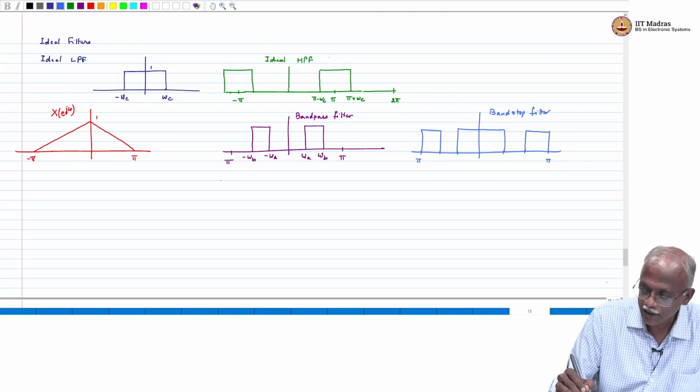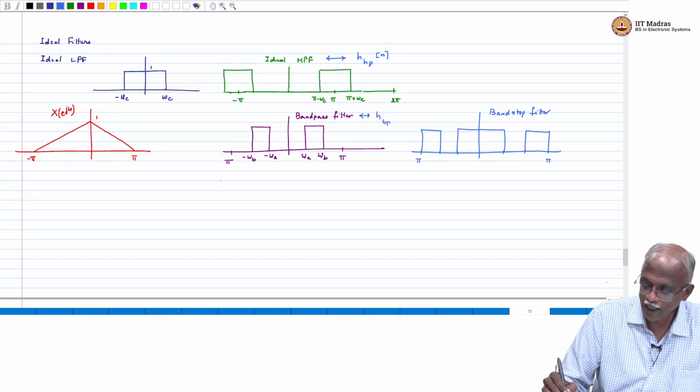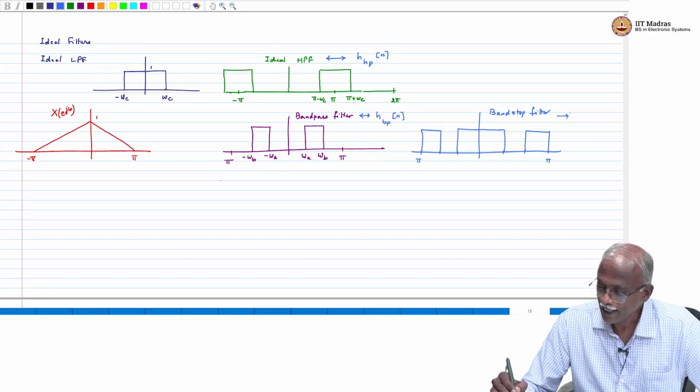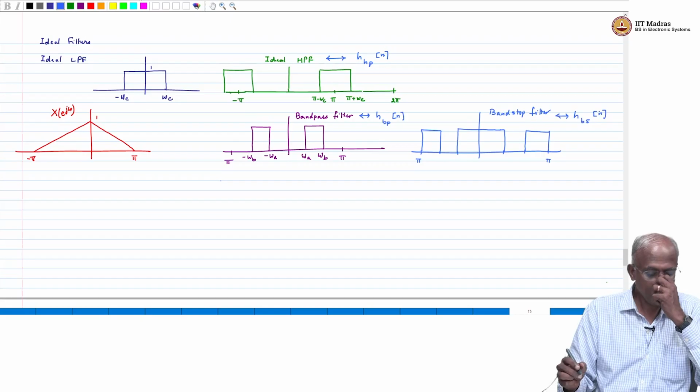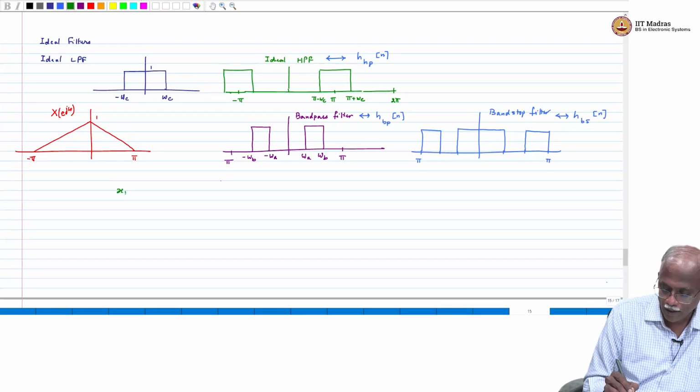I will compute the inverse Fourier transform of each of these. This is going to be the high pass filter, h_HP[n]. This is going to be h_band pass[n]. This is going to be h_BS, band stop, [n]. And the corresponding time domain sequences are going to be x1[n],